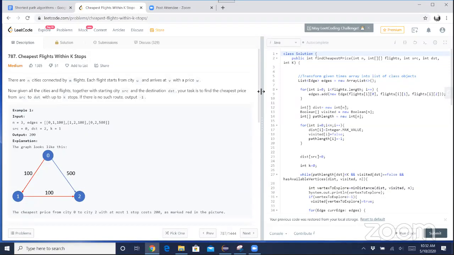For example, when k is equal to 1, and we are starting from 0 and traversing to 2, in the first loop we are traversing 0 to 2 and 0 to 1. Right. But as soon as we reach k with the number of